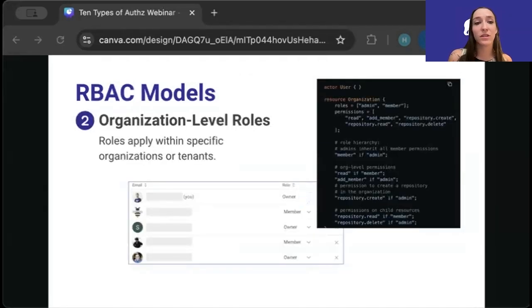The second model we're going to talk about is organization level roles. These are roles that apply within specific organizations or tenants. Here, the users are assigned roles on the organization that they belong to. At Oso, we call these multi-tenant roles. You can think of this logic as a user has a permission if they're granted a role, and the role grants that permission. An example of this would be admins in a B2B application can add users while members have